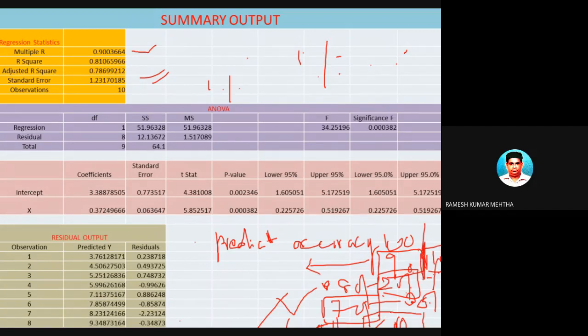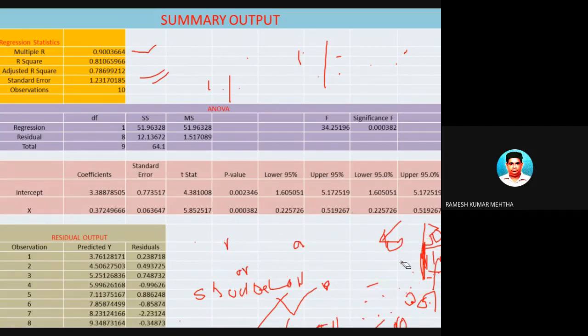Here error is 40, 30, 20, 10, and here 0. So either this should be high or this should be low. Meaning percentage prediction should be high or error term should be low. Error in prediction should be low. Now this is the first part of the interpretation. Hope you have understood it. So the higher the percentage, the more accurate the model, or the strength of the model is very strong, we call it, in our prediction. This is a prediction model.